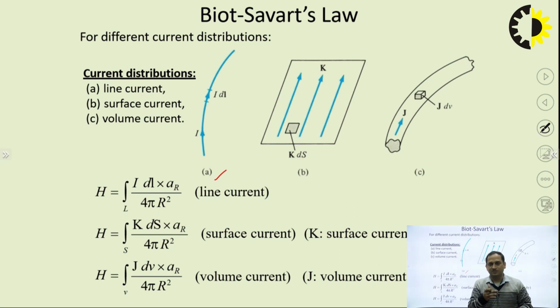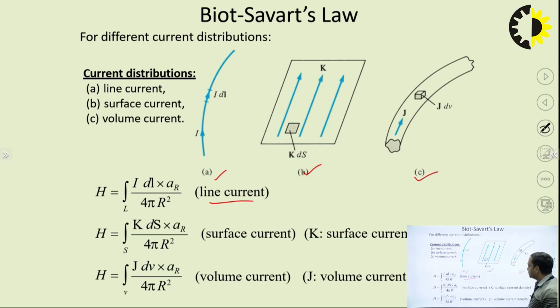When we put all charges into a volume, we call it the volume charge density. Similarly, the line current is one line in which the charges are moving with some velocity. This pen will become the line current. When we put all the different line currents together onto a given surface or substrate, we say this is the surface current. Third, when we put all these line currents into a given volume, like a pipe or a cable, we say this is the